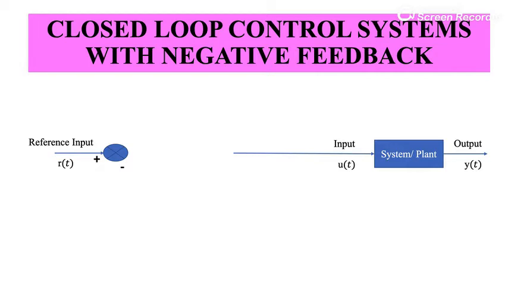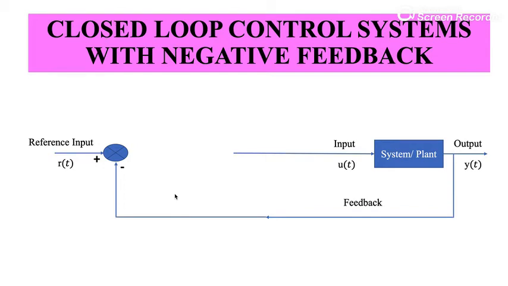We measure this output and then feed it back and compare the value with the reference input. So we get an error e(t). Okay, and the error is the difference between the desired value of the output and the actual output that we obtained at every instant. So we pass this error through an element called a controller, which then calculates what should be the input that needs to be provided to the system so that it can follow the desired output r(t).